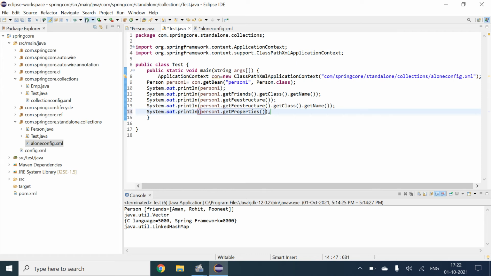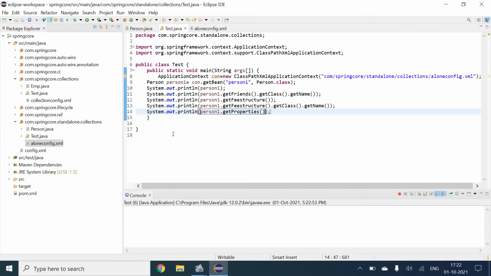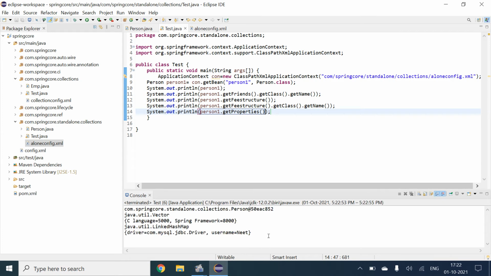Let's see if there is a problem. Yes, so just get the output. The properties are printed here: driver equal to com.mysql.jdbc.Driver and username equal to me. I've inserted two values only, just to understand the basic concept.